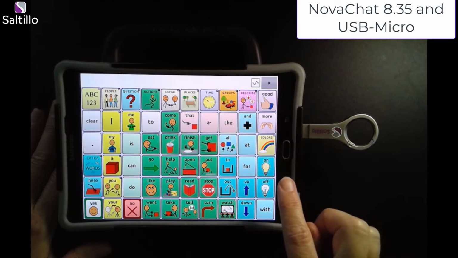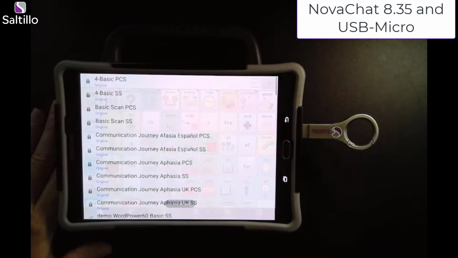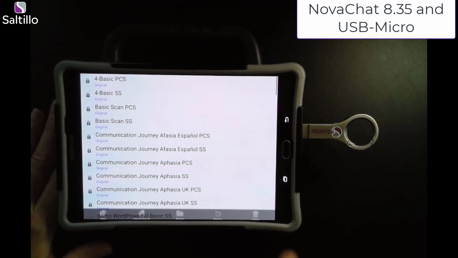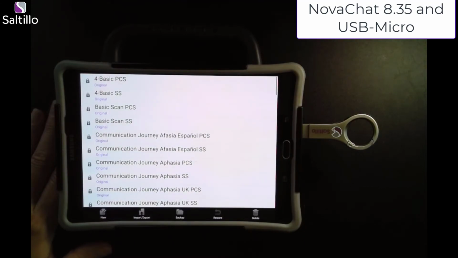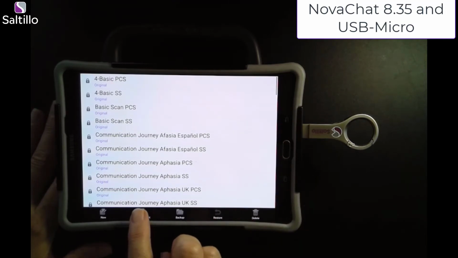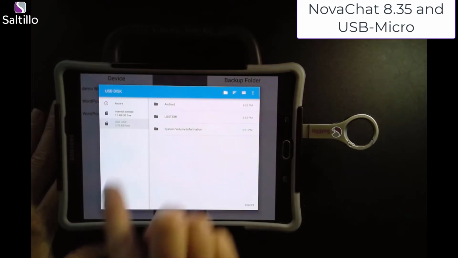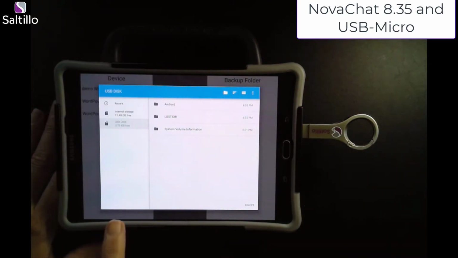I'm going to tap my menu button, then tap Library, tap the menu button again, and now my option is Import Export. I would like to transfer a customized file that I have on my NovaChat 8 to my USB. So I'll tap Import Export. And in this case, it's giving me options, and I would like to transfer to this USB disk,